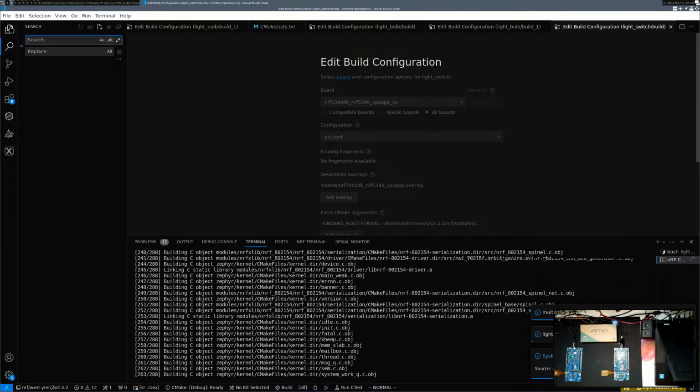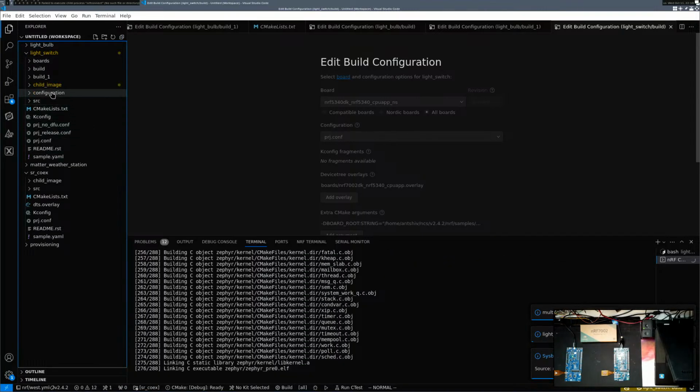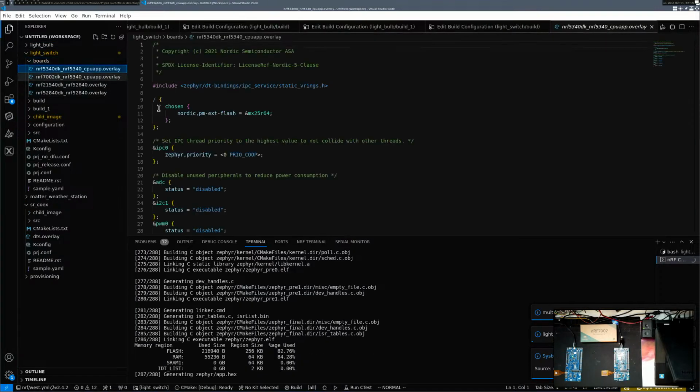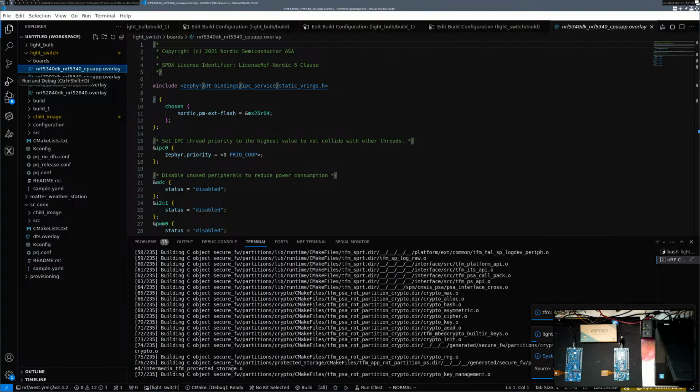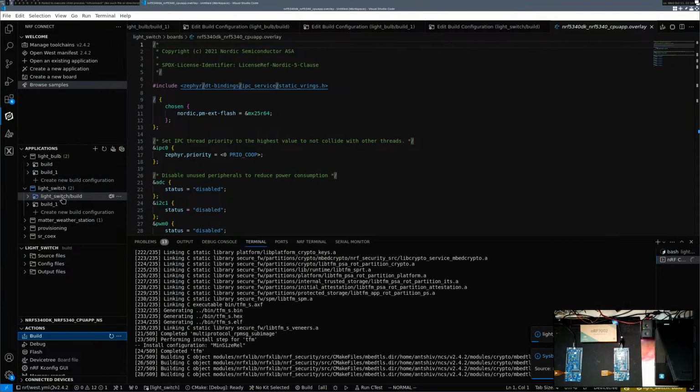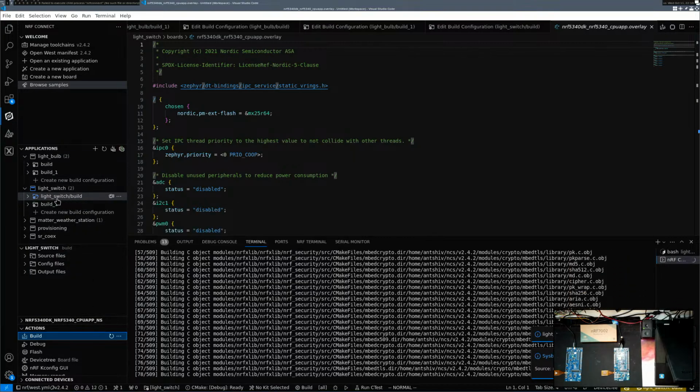When I go to the light switch and click boards, yeah, we have this. The build that I have has some kind of an issue over here, because when I click on the light bulb build,